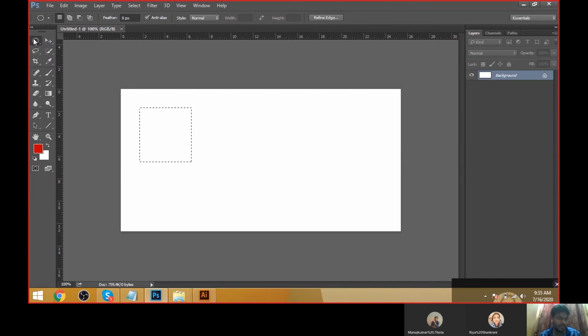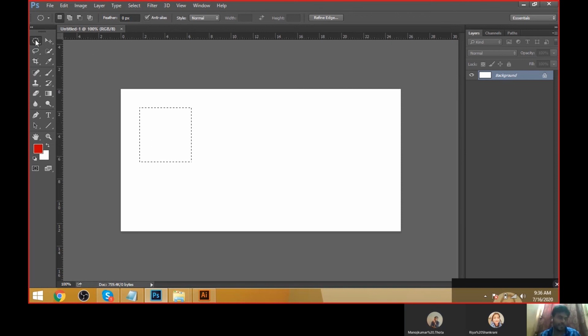Come here again, what is the shortcut? M. Use Shift M. Is it changing? Ria, is it visible? Yes. Manoj? Yes, sir. Thank you. Like this we can change the tools using the Shift key.